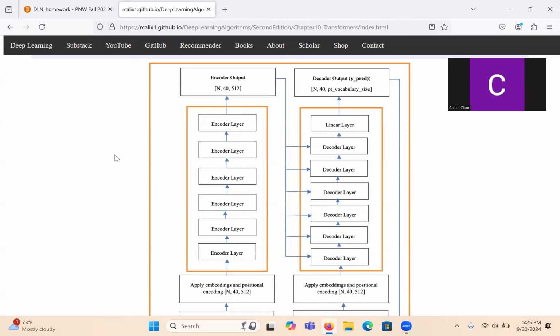But the problem with RNNs was that they needed to be sequential. They needed the previous information to do the next one, right? And so that's kind of taxing on the CPU basically. So it became an issue that you can only do so much, and they weren't very efficient at running like that. Do you guys see that?